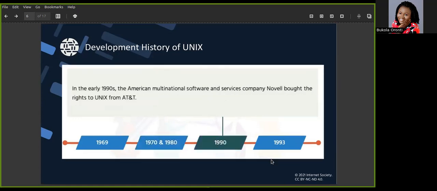So in the early 1990s, an American multinational software company known as Novell bought over the rights of Unix from Bell's laboratory.